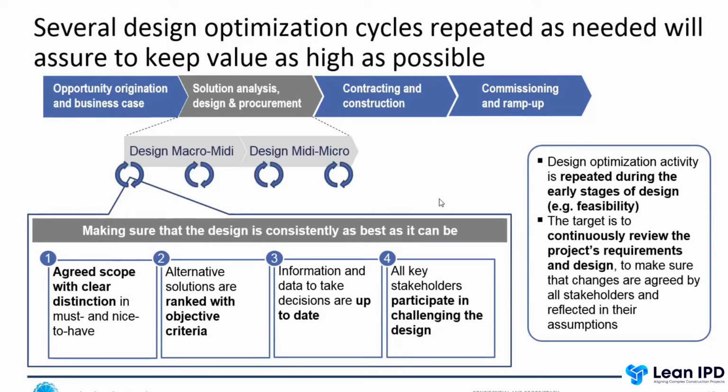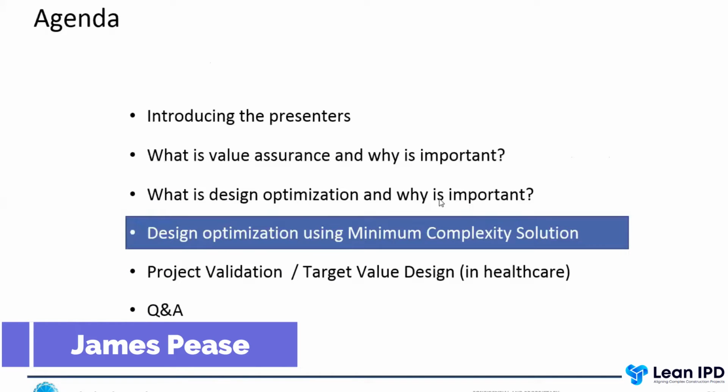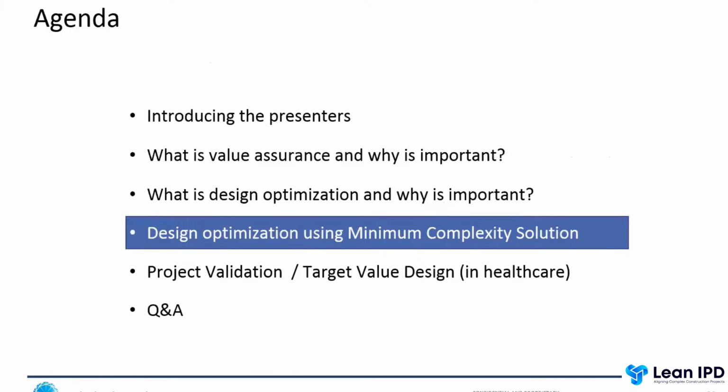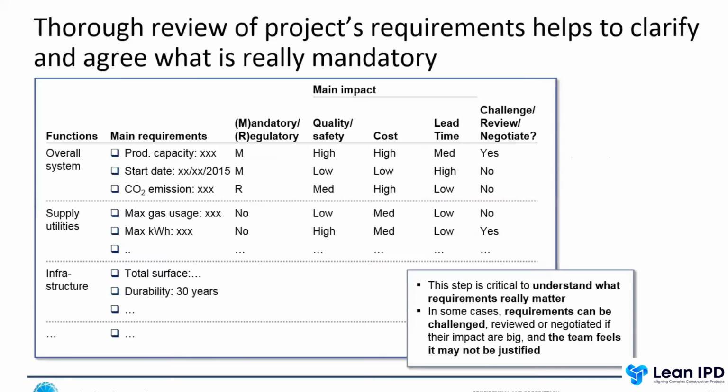Now we can go to the next chapter, which is talking about one approach. It's called the minimum complexity solution, which tries to optimize the design at the different stages, starting at the macro level. The first thing that we do with this approach is to make sure that we all together,